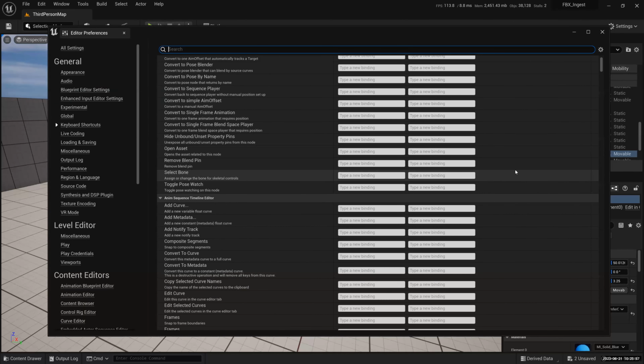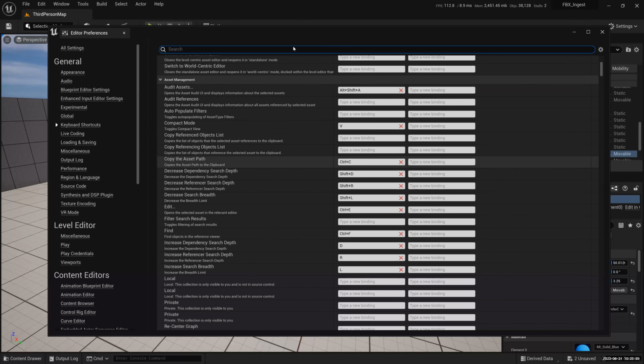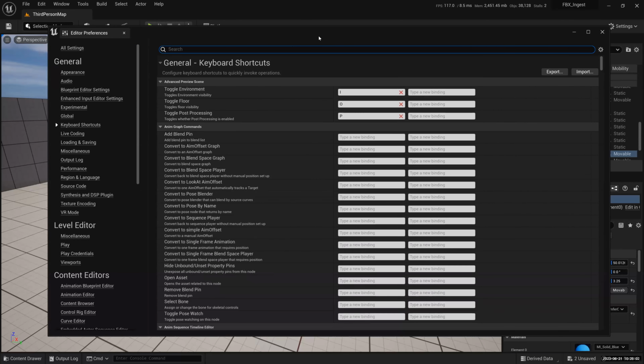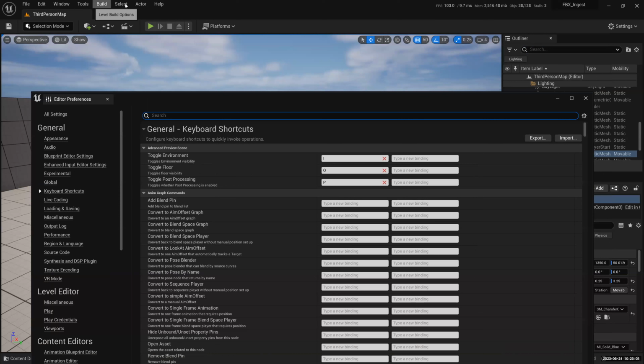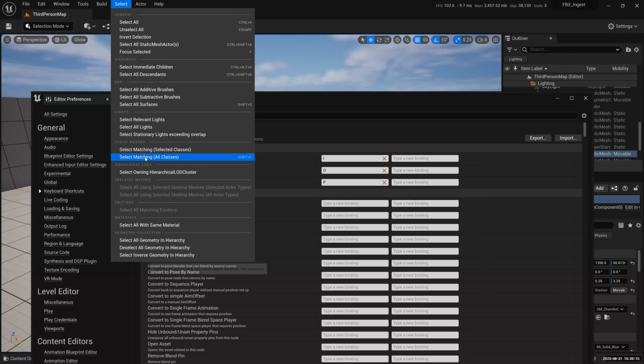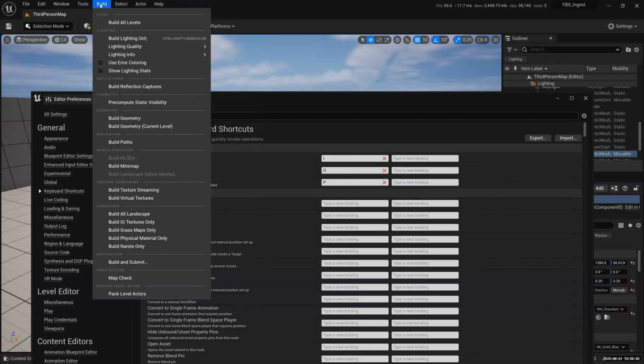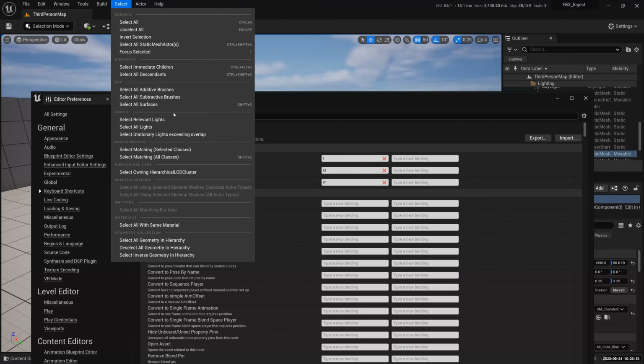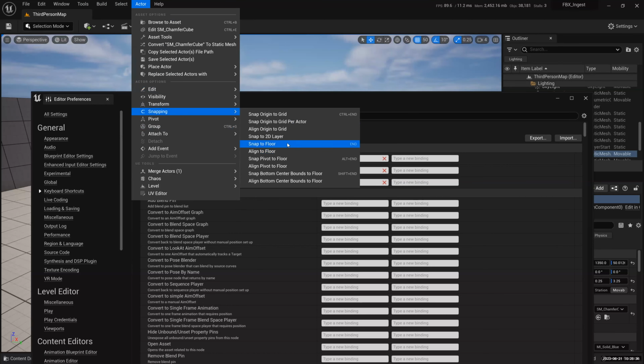There are tons of them, a lot. So if you want to find out what the key was for dropping things down to the floor, one of you already told us where to go, which is under Select. I don't really use all this drop down stuff because I'm good at remembering keyboard shortcuts on most software, so my finger will go in. Maybe it's muscle memory or something. Where do you go? Tools, Window? No, you went to Select, right? Or is it Build Tools? Sometimes I don't know where it is. Oh yeah, Snapping. Actor Snapping, and then there you go, Snap to Floor. Okay, it's called Snap to Floor here.